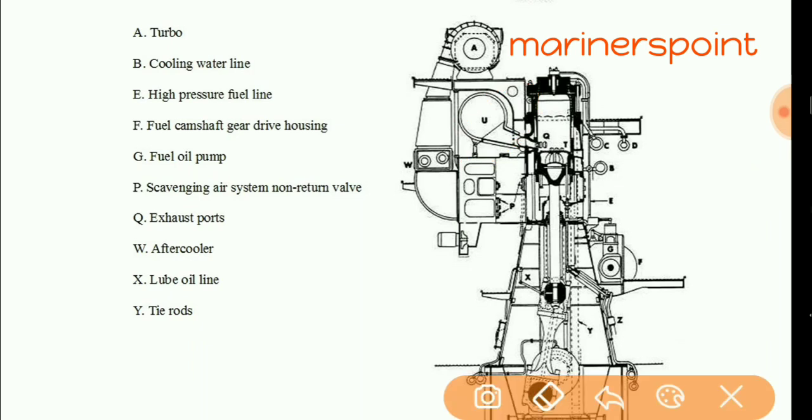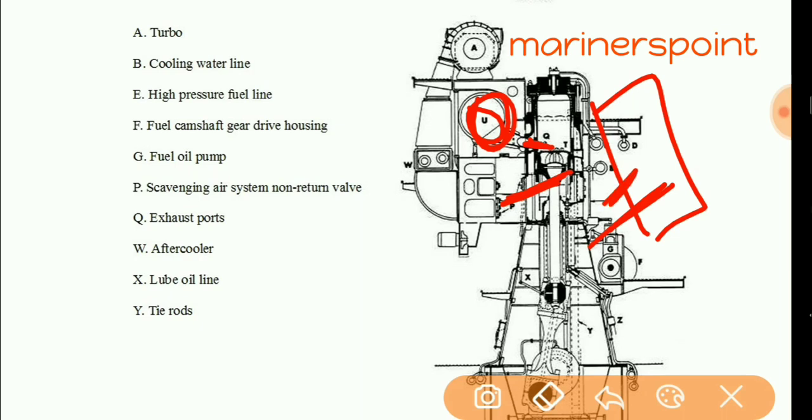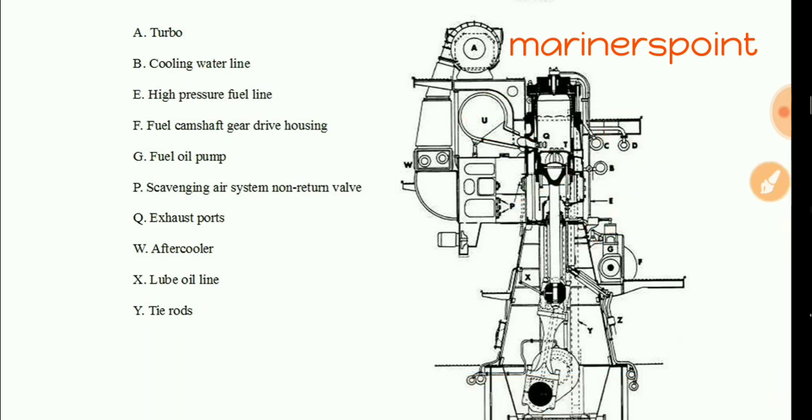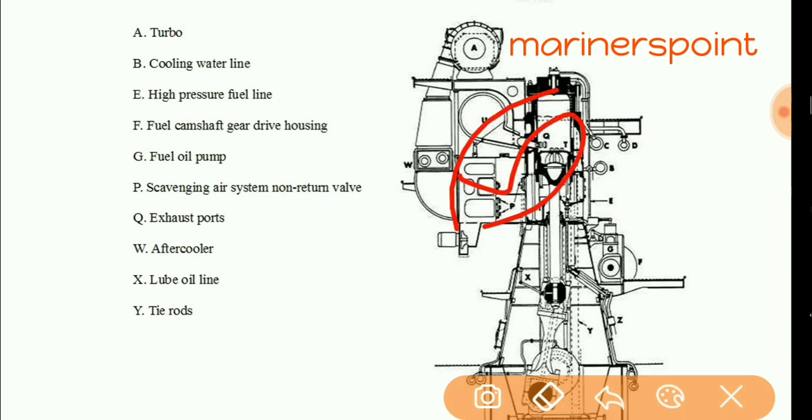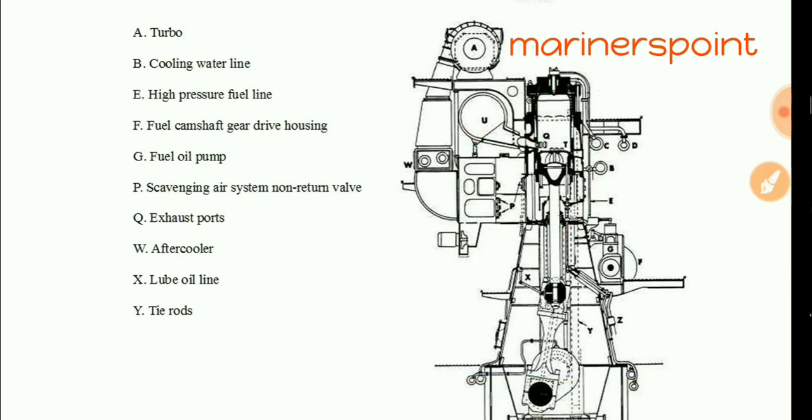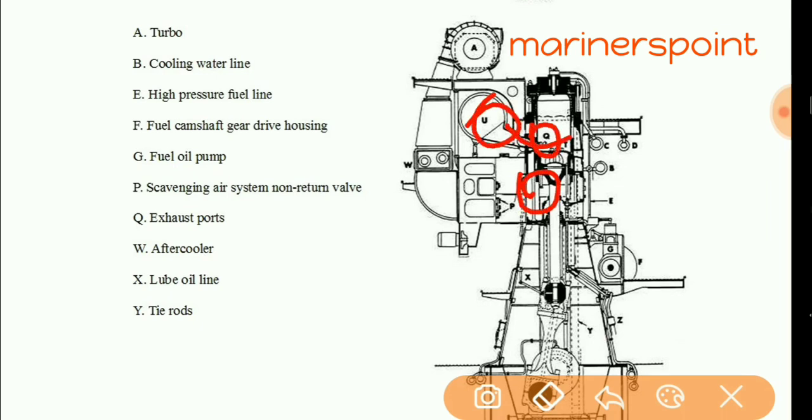So let's see. This is also the common manifold of exhaust gas. This is the exhaust port and this is the inlet port. In the old Sulzer engine, the inlet port is at the bottom and the exhaust port is above, okay, and this is loop. If a question is asked from seeing the figure, you can tell this is loop scavenging, a loop type engine. So this is our inlet port, this is the outlet port going to the exhaust manifold.